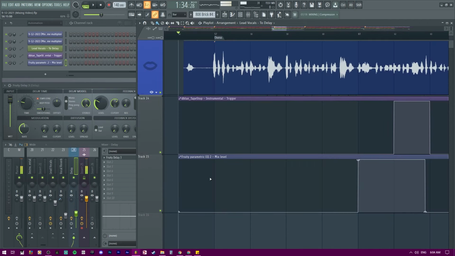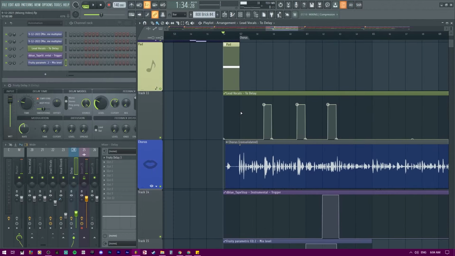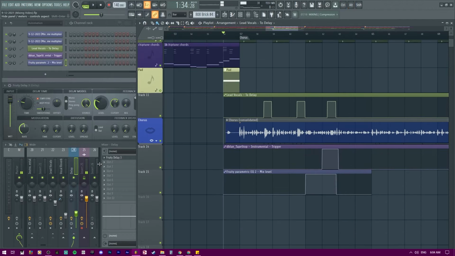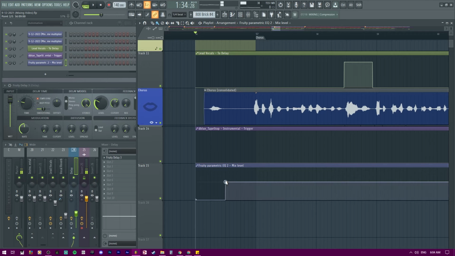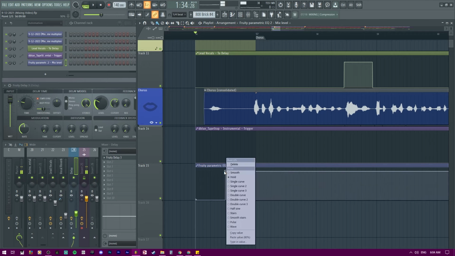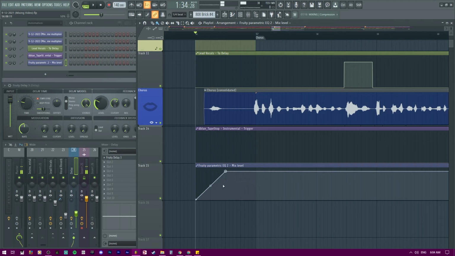I totally got lost in the sauce and forgot to show you how to use an automation clip. But after you right click and create an automation clip, you could right click on the playlist where the clip is, the automation, and create points. So I'm going to change the snap to 1/4 of a beat and show you an example. I'll right click right here and we are able to make a point. You might see something like this right here.